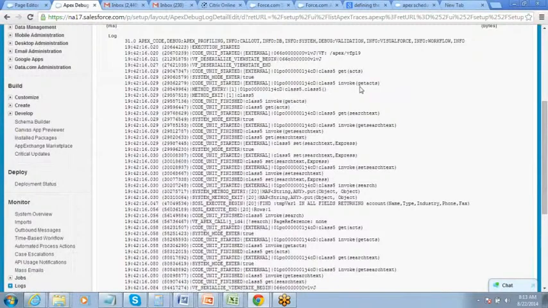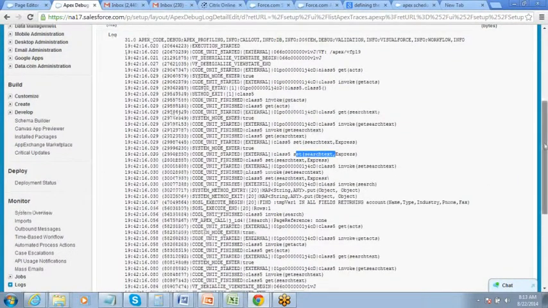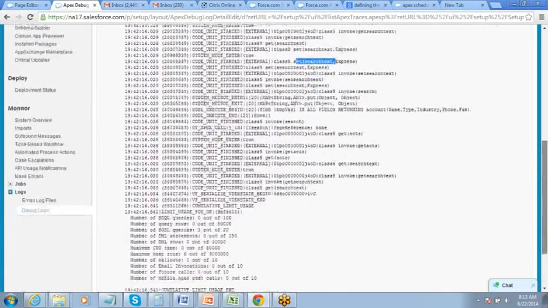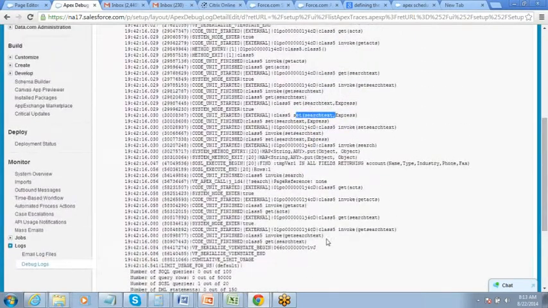So in my class I have these methods and all, right? Accounts, get accounts. So this method got executed and then the search text get method worked, then this invoked. And the code unit started, set search text came into picture. So your entire code is reflected here, showing what happened and what did not happen.